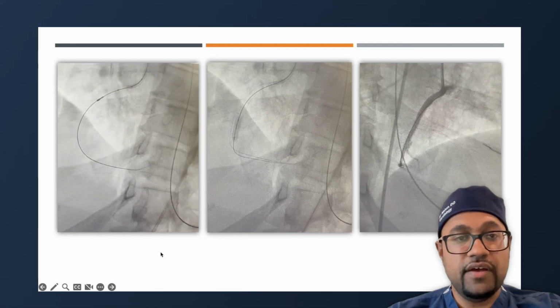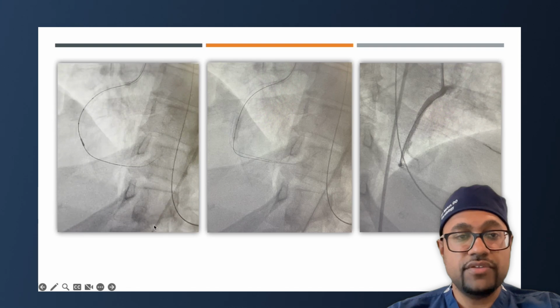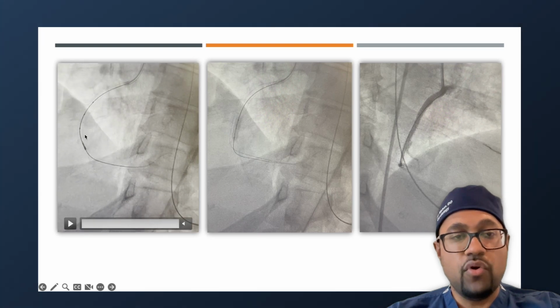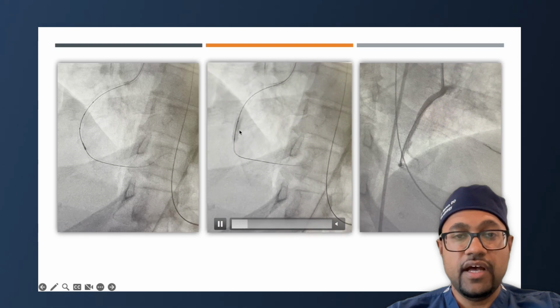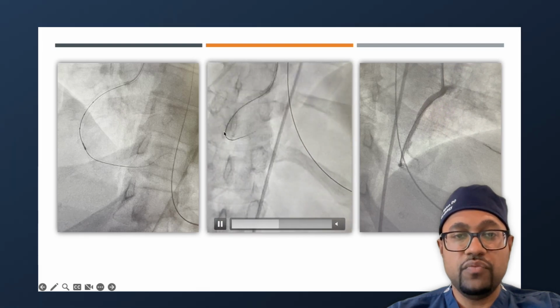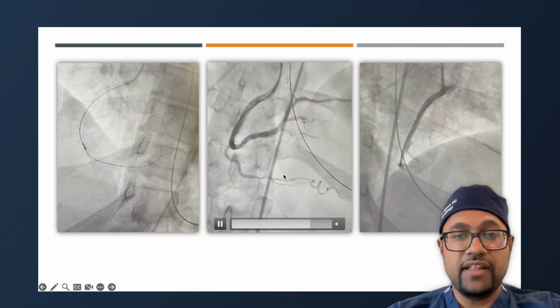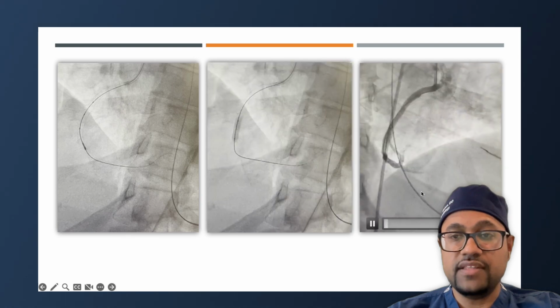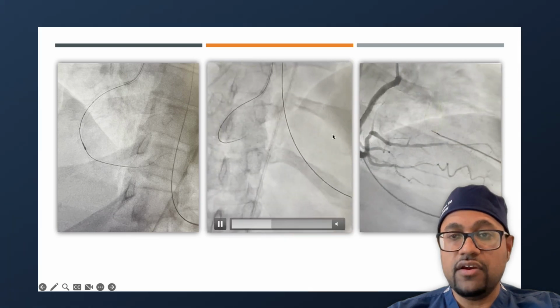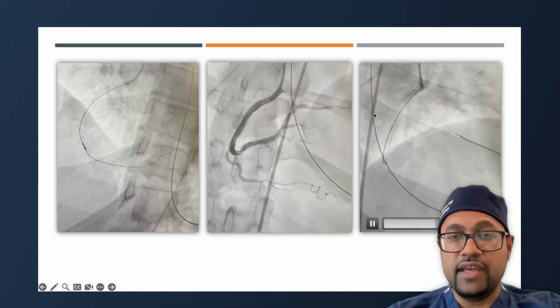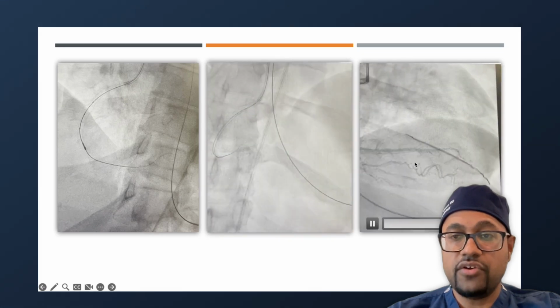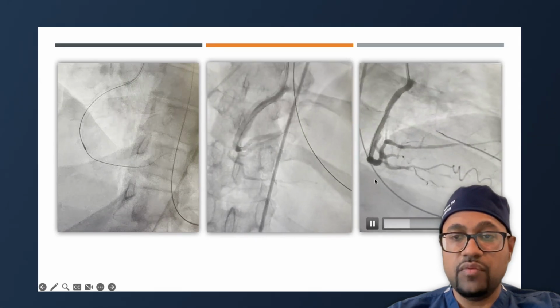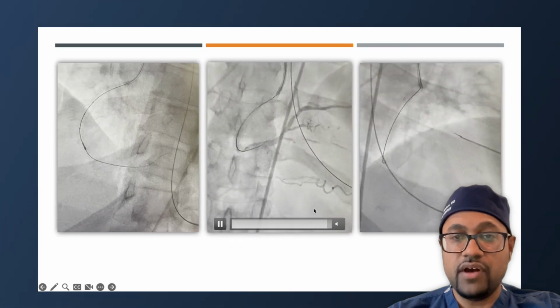So here's what we use, intravascular ultrasound, to understand: is there more of the lesion that we need to treat? Is there further blood clot in there? So then we take a further balloon and really make sure we've dilated that lesion well enough to put a stent in. And then here we've deployed the stent, and you can see that the stent is in the mid portion of that right coronary artery, and we have significantly improved flow to that distal part of the artery.